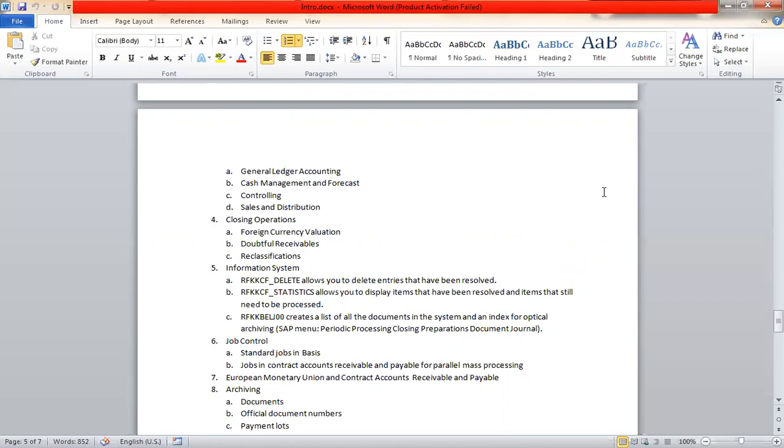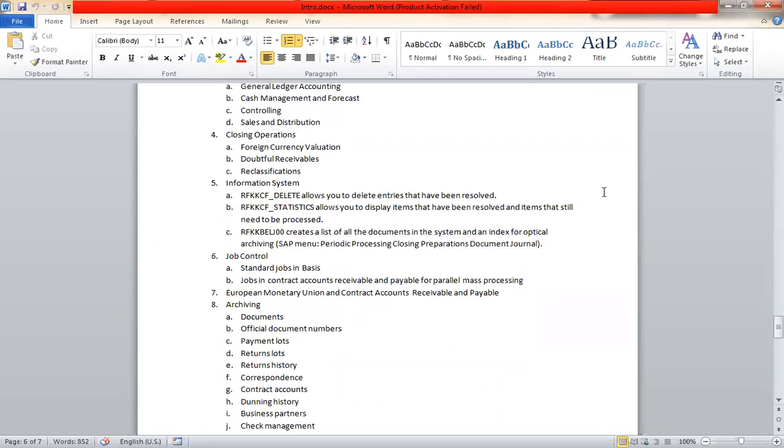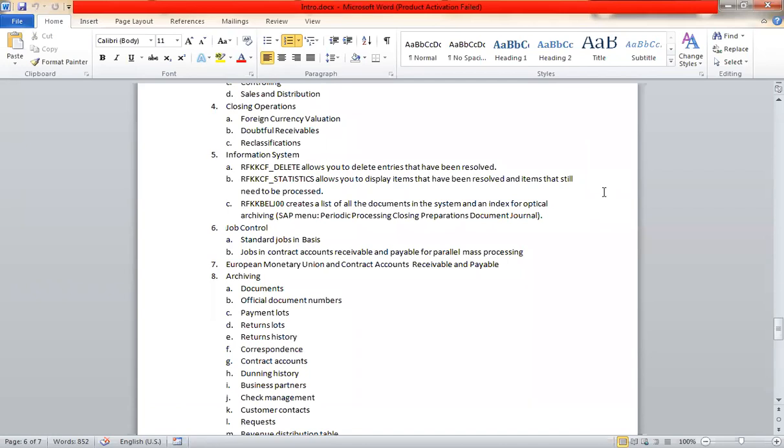Number 5, information system. That is, we will be dealing with the reports like RFKKCF_DELETE, which allows you to delete entries that have been resolved. RFKKCF_STATISTICS allows you to display items that have been resolved and items that still need to be processed. Number 3,